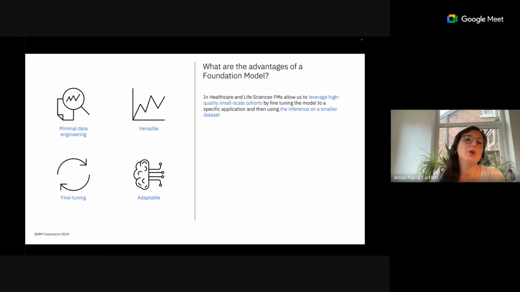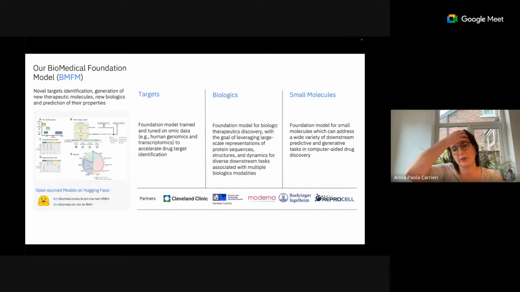So in summary, the idea and the hope, and there is loads of research going on at the moment. It's not only IBM. Oh my God, I would never make that claim. Every week there is a new paper coming out, mostly open source, on foundation models for omics data or for biological data in general. And what we are trying to see is how adaptable and versatile these models are, thanks to the fine-tuning you can do for the specific downstream task.